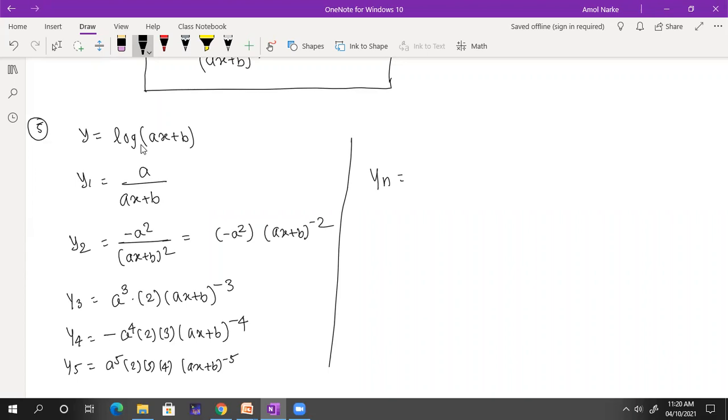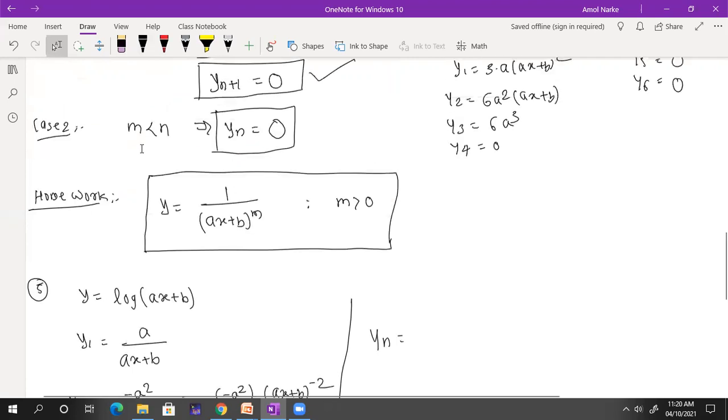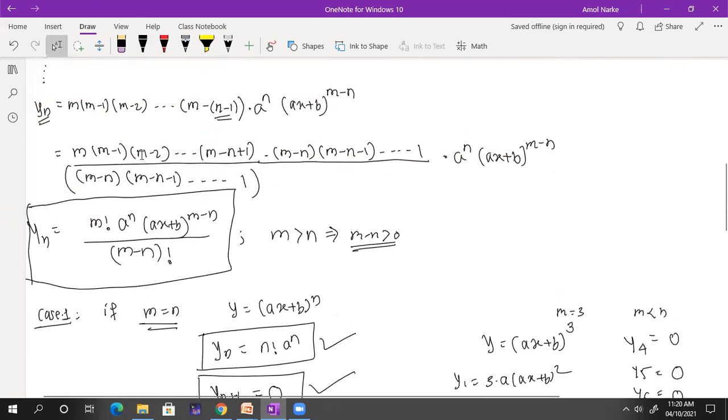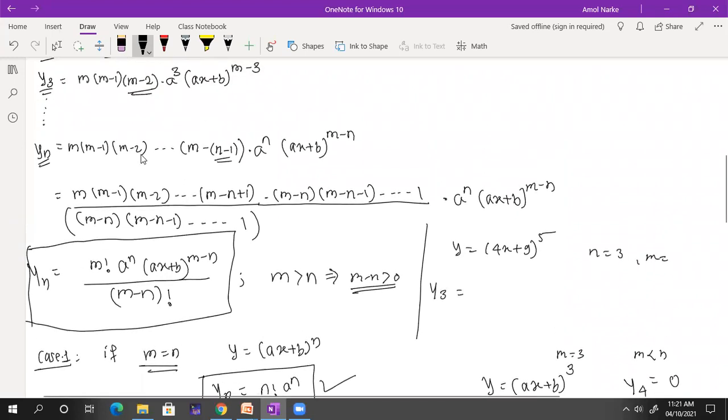If I substitute the value of n, see in the above expression, suppose in that particular example I have y is equal to (4x plus 9) raised to 5. So what is my y3? Here you can substitute n is equal to 3, and m is equal to 5. You can directly substitute in that formula: y3 is equal to m factorial, that is directly 5 factorial,